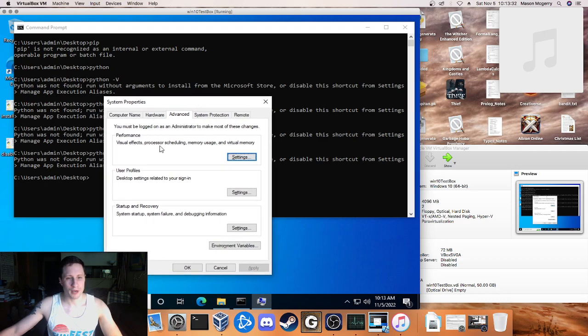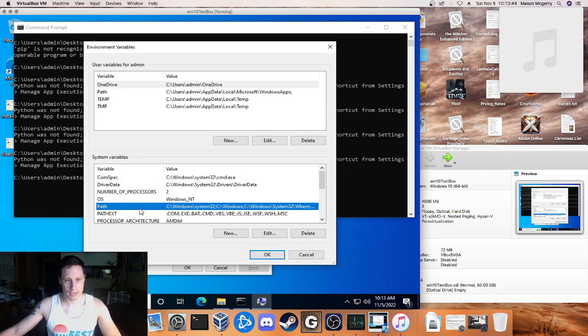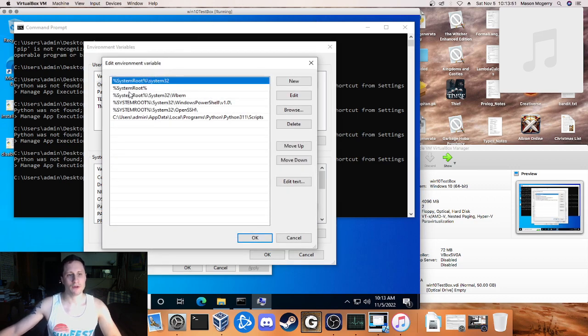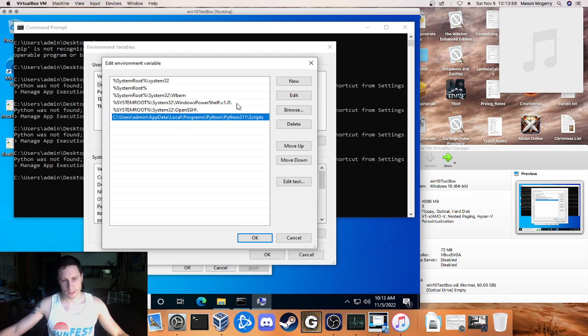And it just pops me open right here to the advanced tab, and this is the one that I want to go into, environmental variables. That's what I'm going to change. I'm going to change that here in path. So under system variables, path, I select that, I press edit, and you'll have all of these down to here. This is the one that I added, and you can even see it's the same path, right? I'm going to add another path too, because as you saw, the Python thing wasn't working,